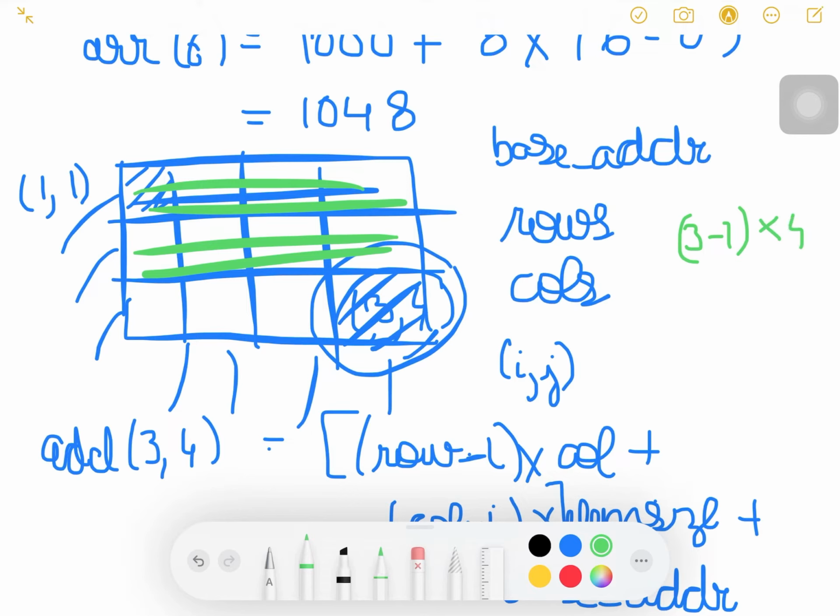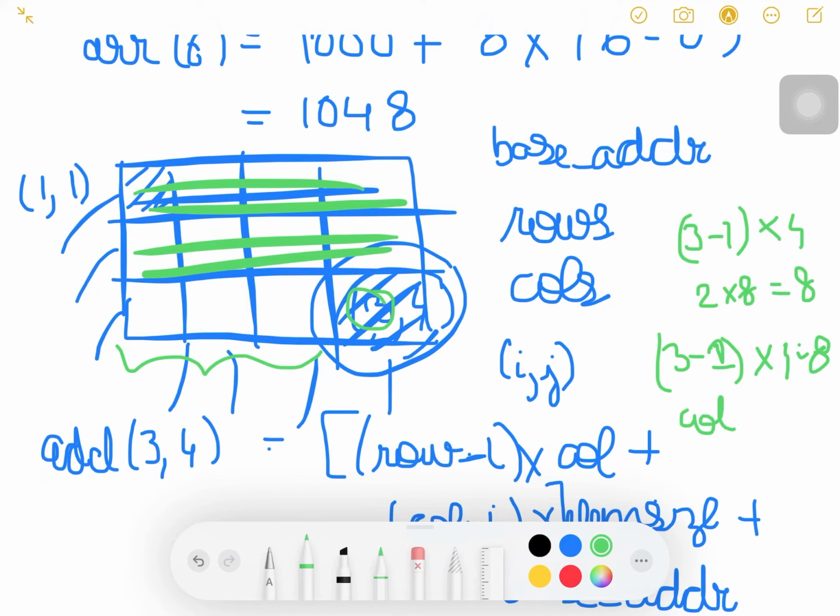So these are 8 cells, which is 2 into 4 is equal to 8 cells. Then I, which is 3, minus I, which is base index 1, into 4, which is element size, is equal to 8. And now we wish to find this. So this can be given by number of columns minus j.